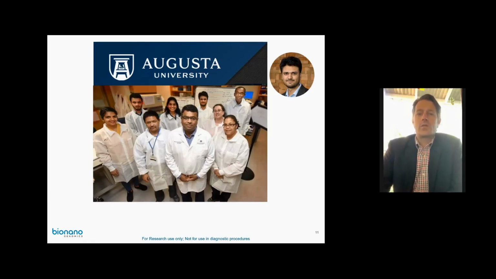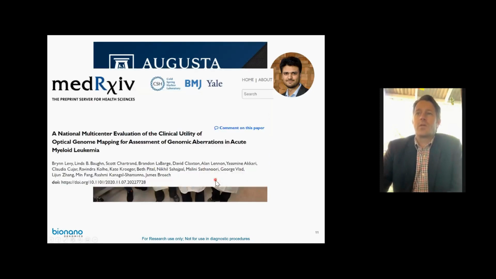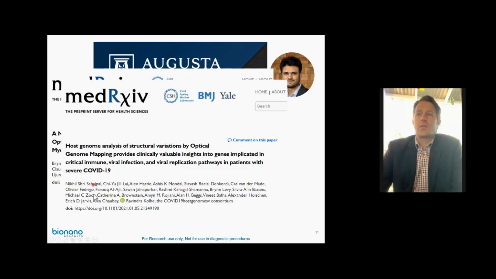And if that wasn't enough, he also led the implementation of a new technology in the Georgia Esoteric Lab, which is the Bionano Saphyr system. He has been using the system for many different applications already, and already has preprints or publications on several applications. He's a part of a study on acute myeloid leukemias using optical genome mapping. Another study which he's the first author on, looking at the host genome structural variation in patients that respond poorly or well to COVID-19 infection,